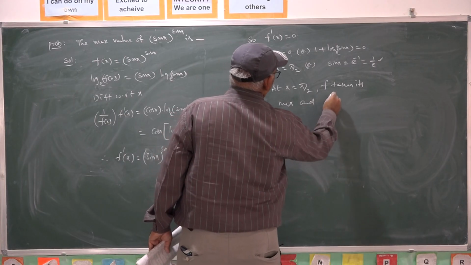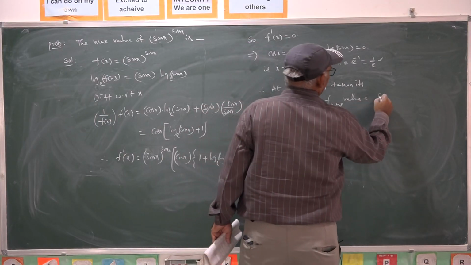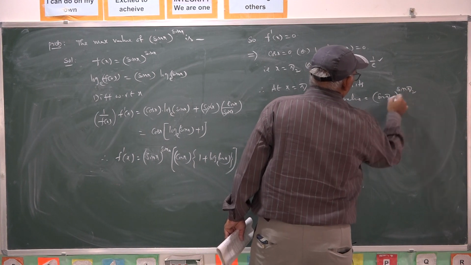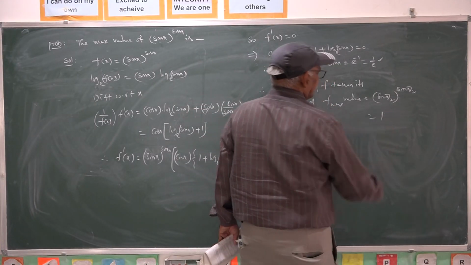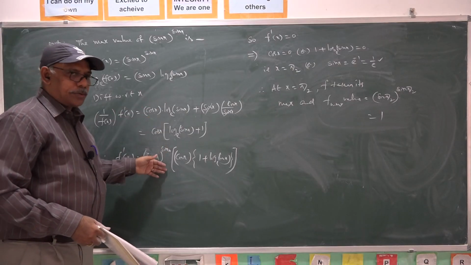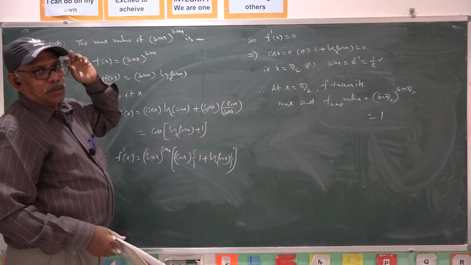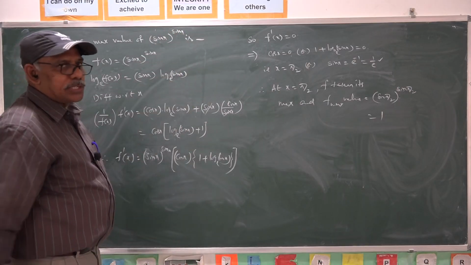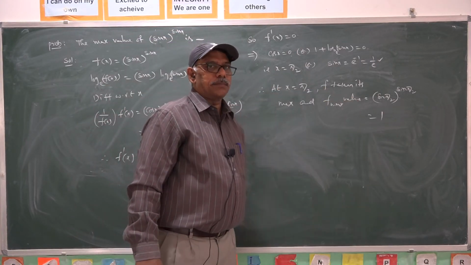and the maximum value of f is sin pi by 2 whole power sin pi by 2 itself, because both are taking positive values at the same time at their maximum, hence it is maximum. The maximum of f is 1. No need of going through the derivative, straight away by observing the function you can say that. Once x takes pi by 2, it takes 1 and it takes 1. 1 is the maximum value of the sine, and moreover it is positive. Positive power also, hence it is maximum.